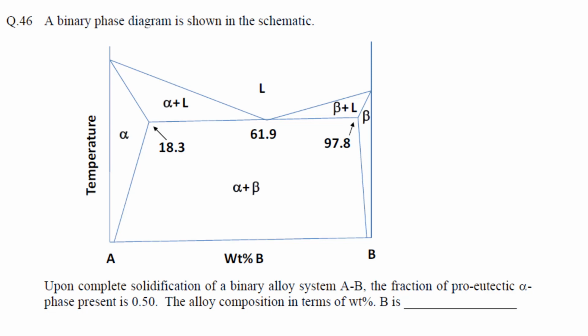now next question. A binary phase diagram is shown in the schematic. Upon complete solidification of a binary alloy system AB, the fraction of pro-eutectic alpha phase present is 0.50. The alloy composition in terms of weight percent B is,